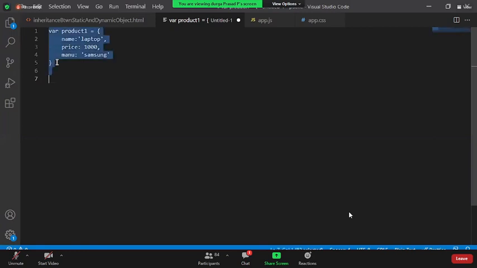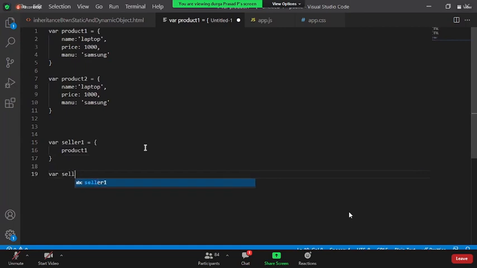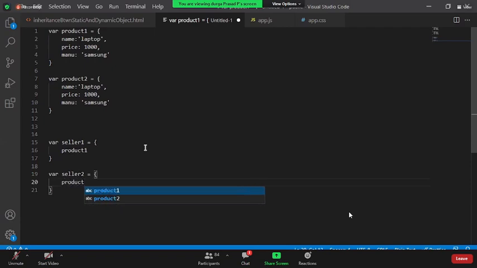In the same way, I might have product two with name, price, and Samsung. In general, there is no way both products will be given to one seller. Now seller one wants to sell product one here, and seller two wants to sell product two here.